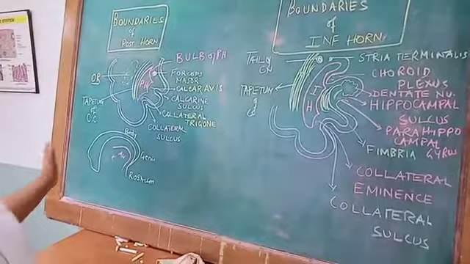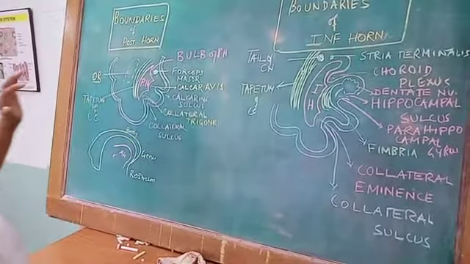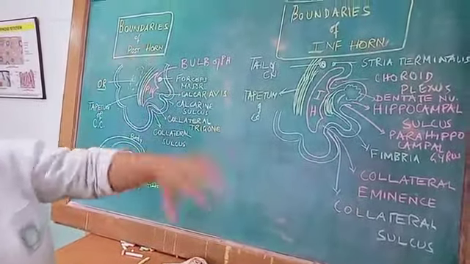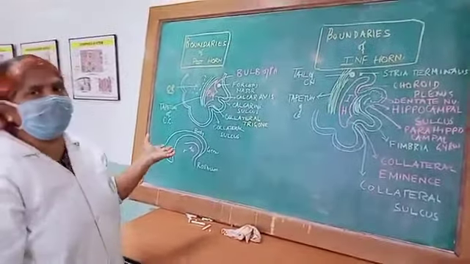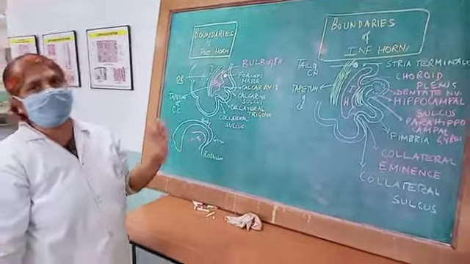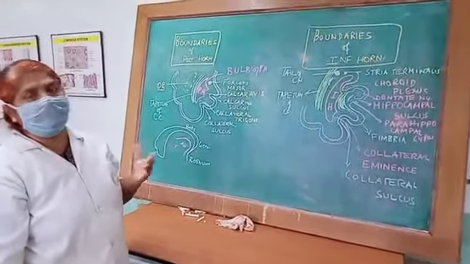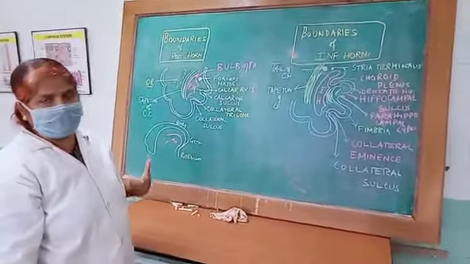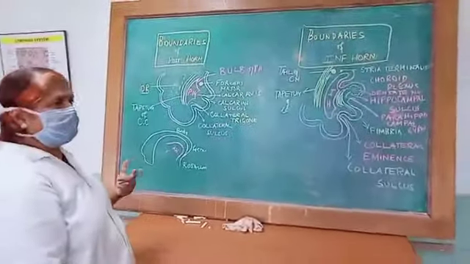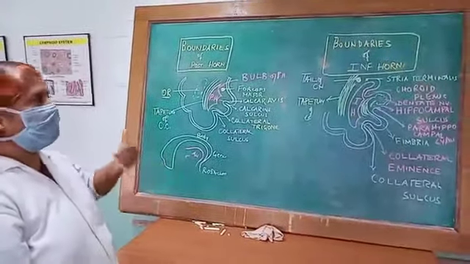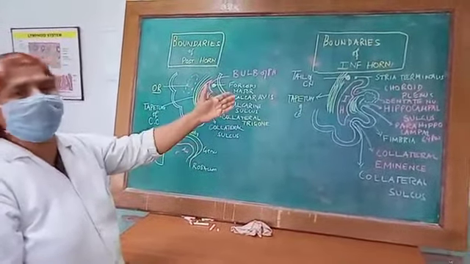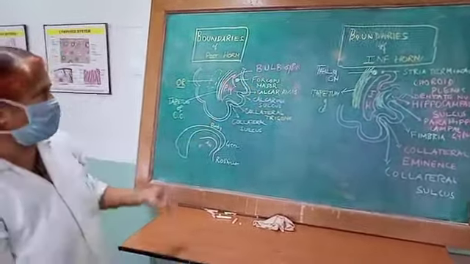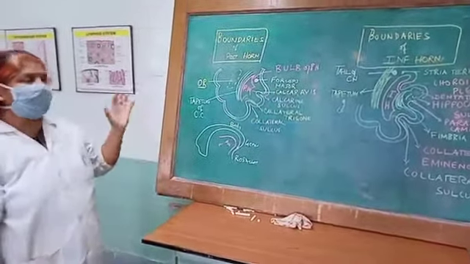Both the posterior horn and the inferior horn have the roof on the lateral wall and the floor on the medial wall. So these are the respective boundaries, and the posterior horn is continuous with the inferior horn of the lateral ventricle with the development of the temporal lobe, the development coming from the occipital lobe. Within this development of the lobe, the posterior horn will be directed towards the temporal lobe, and that's called the inferior horn of the lateral ventricle. So these are the boundaries of the lateral ventricle.